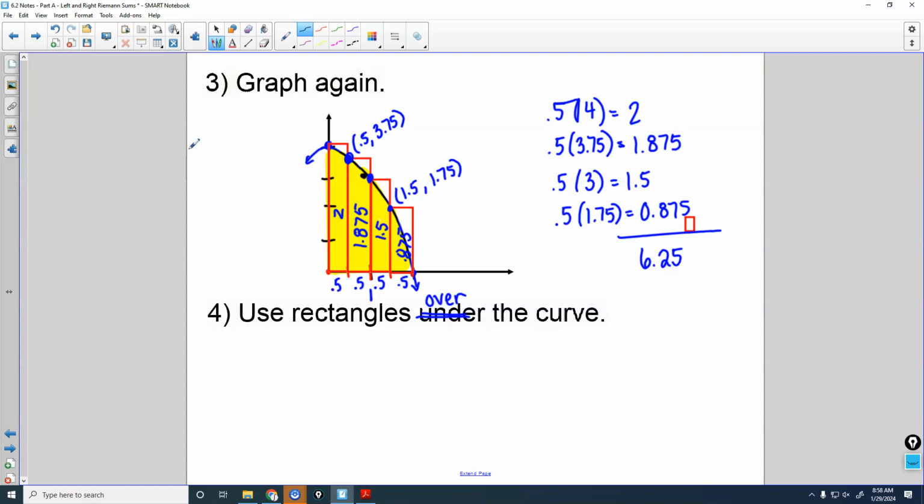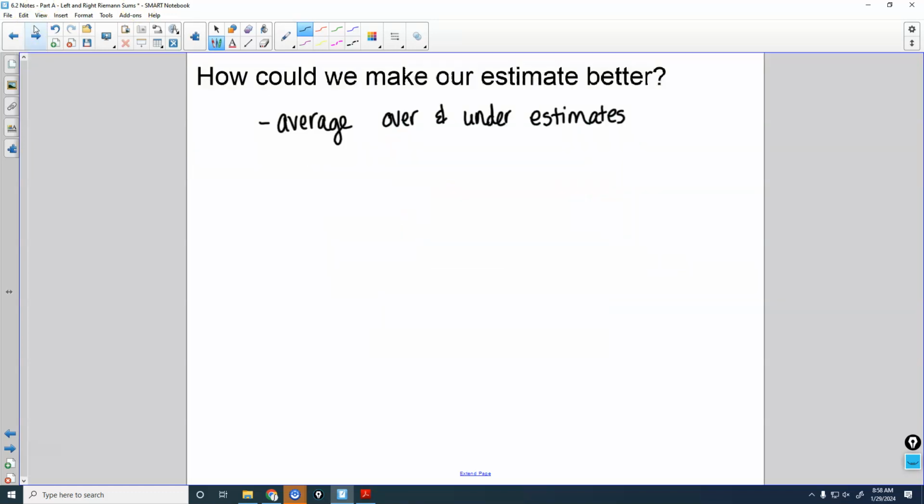More rectangles? Different shapes. Okay, let's start with the more rectangles idea, and then let's talk about the different shapes idea, because those are both good ideas. Because if we have more rectangles, think about looking at this. If I do lots of teeny tiny rectangles under the curve, teeny tiny ones,